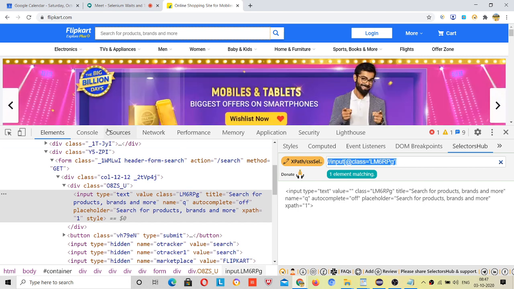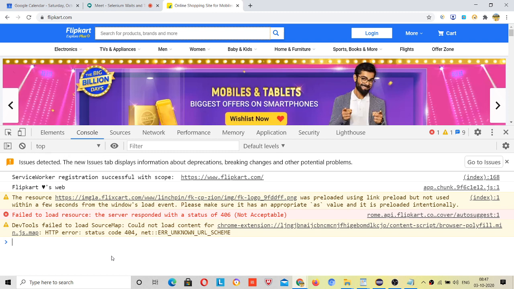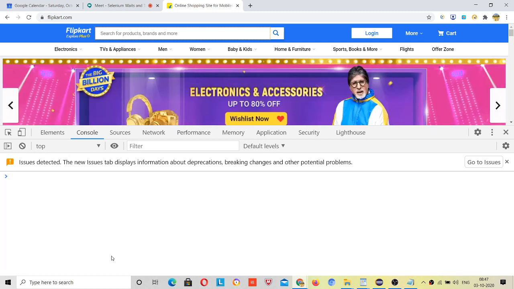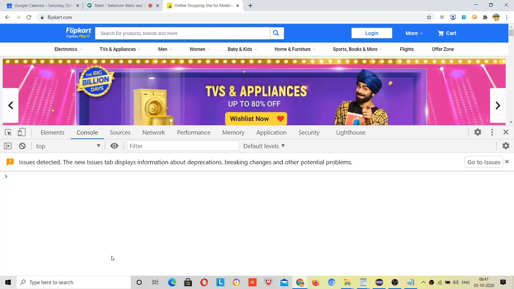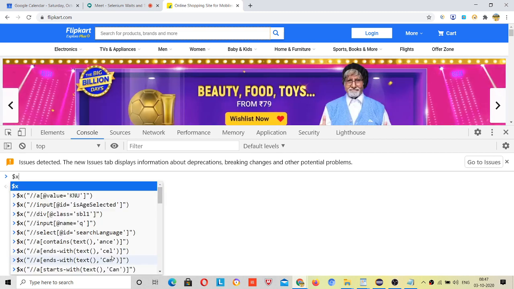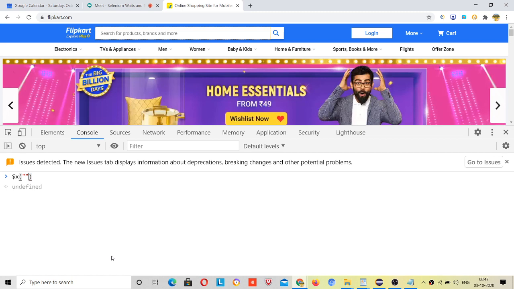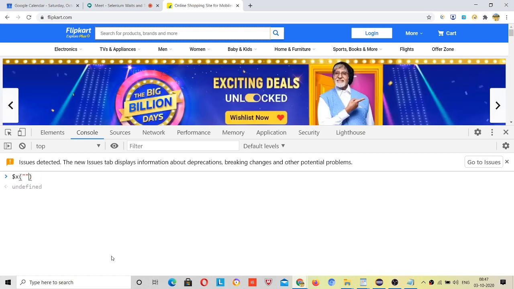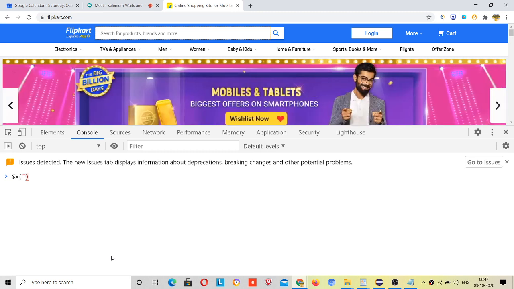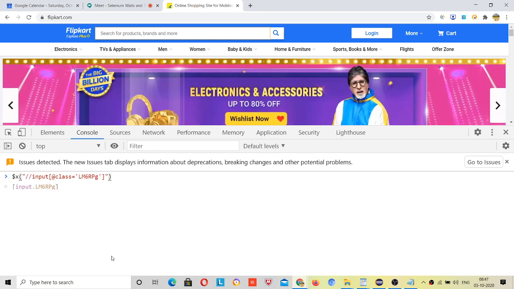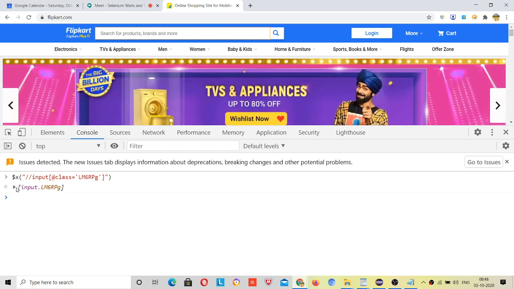Okay, and for making sure, you can use here as well, control and all, clearing all the history, and then after $x for xpath, and then double slash in, sorry, let me copy here because we have already written that, right? So now click on enter and you see this element.